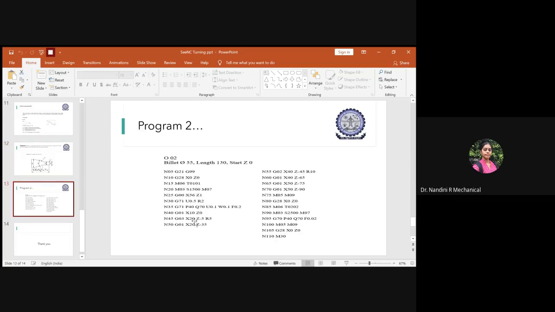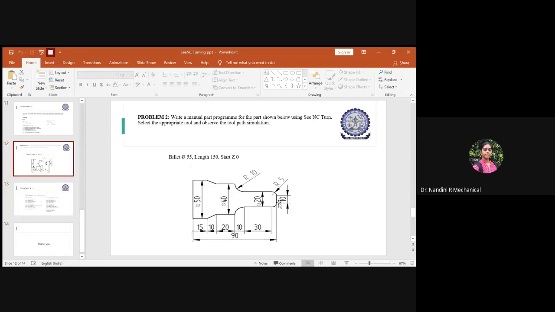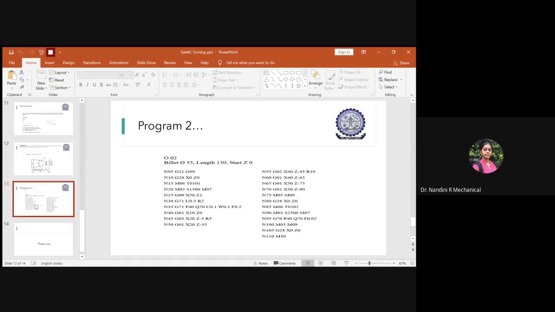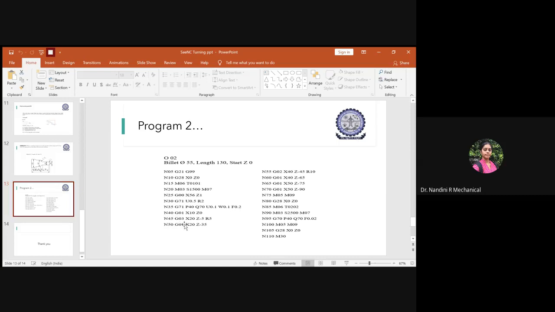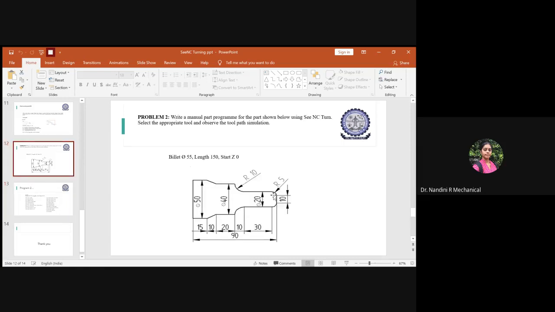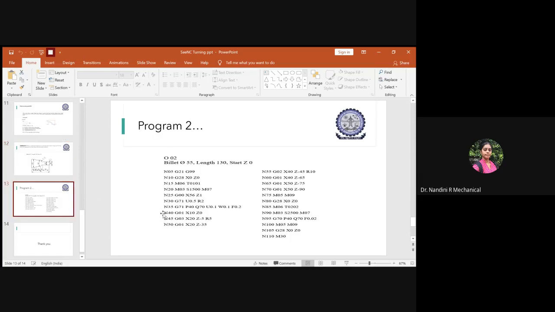After that, immediately you have a circular interpolation here. You cannot go with linear interpolation, and hence you will type here the sequence number, in order. I am not explaining that here. So directly you have to go for circular interpolation because you have a radius here. It is going in which direction, clockwise or anti-clockwise? It is going anti-clockwise. So you have to go for circular interpolation in anti-clockwise direction, which is nothing but G03. So you will type G03.